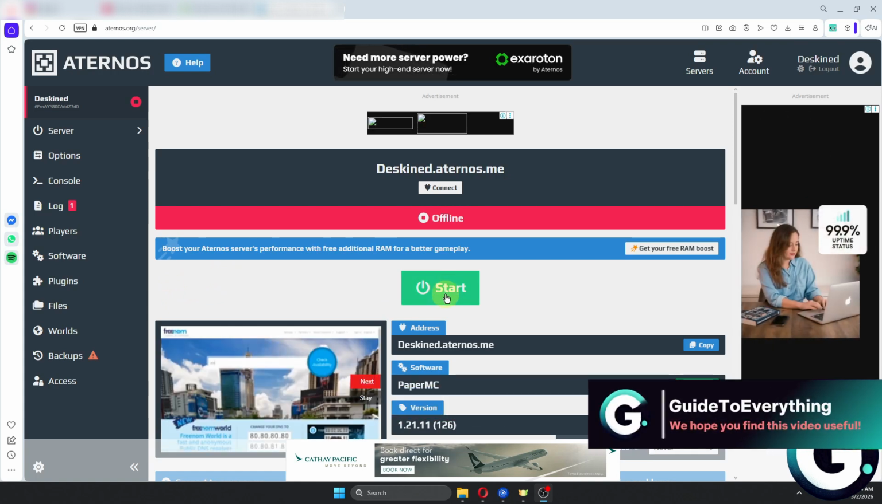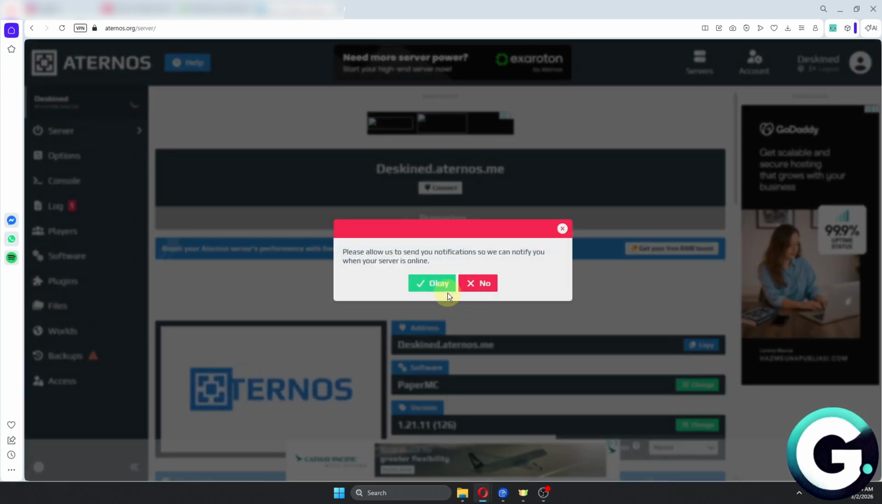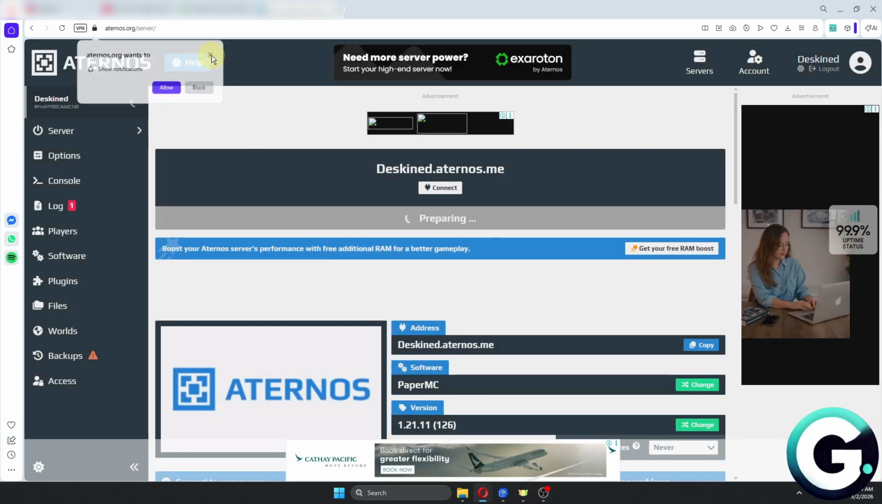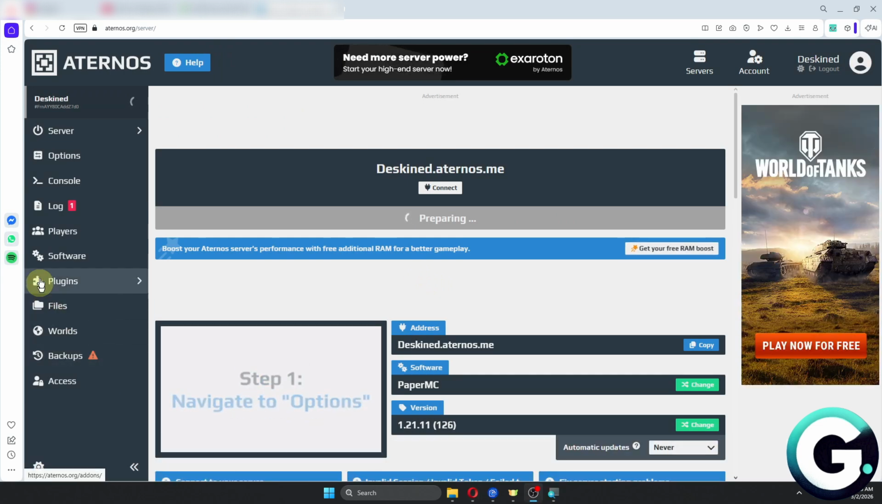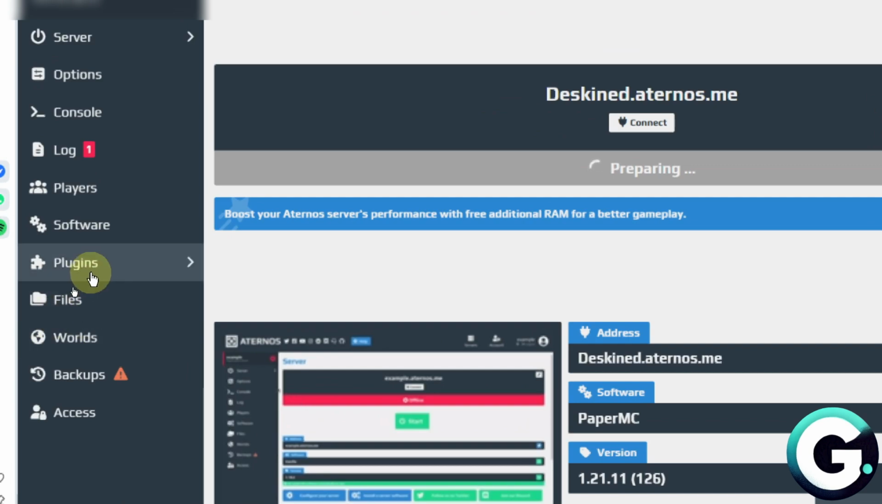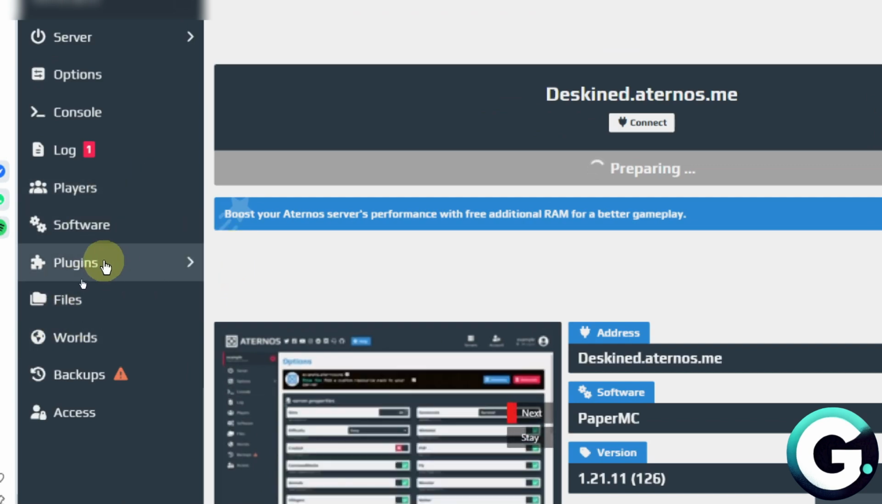The first thing that you want to do is to get your server running, so just head over to the official website of Aternos and from here start your server. And so right after, navigate through the categories of your Aternos server, and then you want to click on the